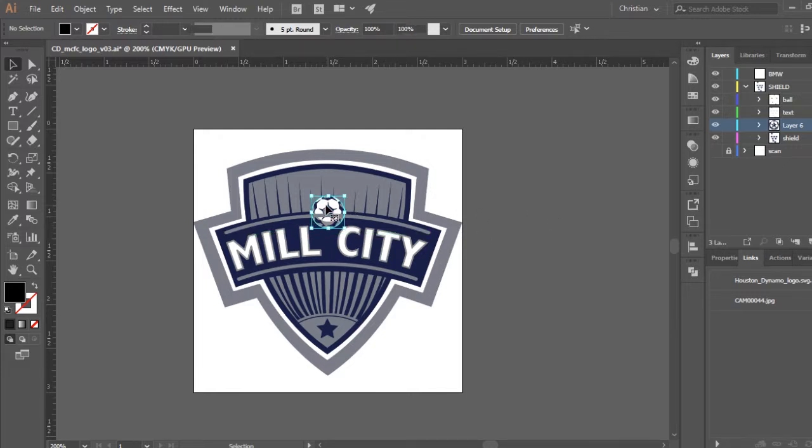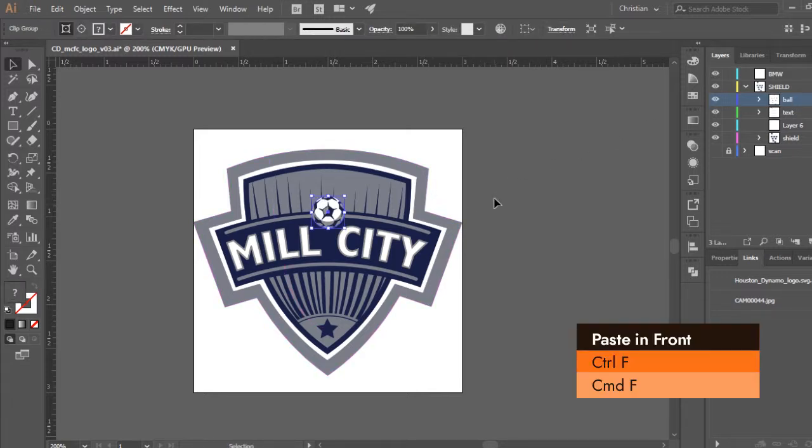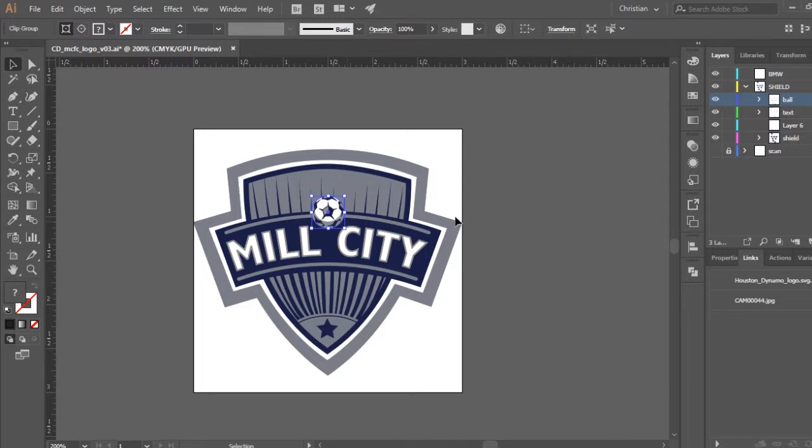I could also, if I'm selecting it, cut it. And let's say I go into the ball layer and paste it in the front. This is good if you're just working with different objects and you want to paste them at different levels within the layer. So if you want to paste something in front of something else or behind something else, that's how you do it. To paste in front is Control or Command F, and to paste something in back is Control or Command